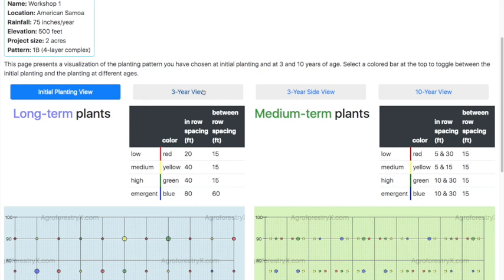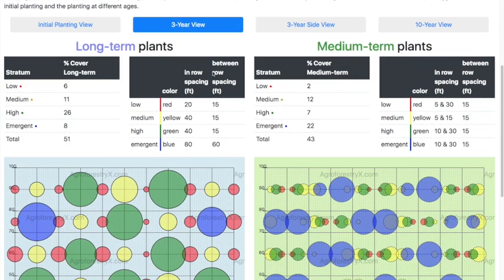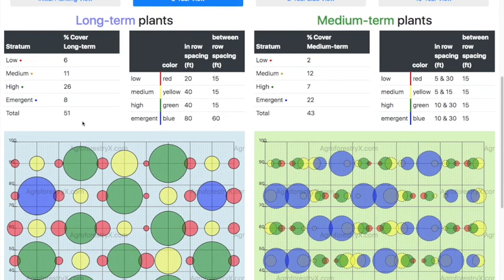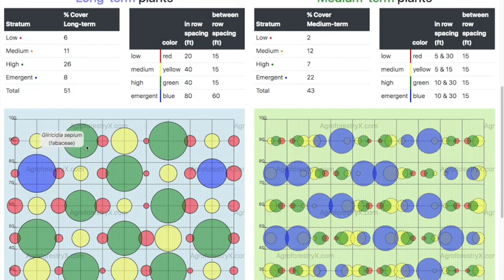So then we'll move over to the 3-year, and you can see we have percent cover for both the long-term and the medium-term. So this is the total area covered by the canopies, the combined canopies for each time period.